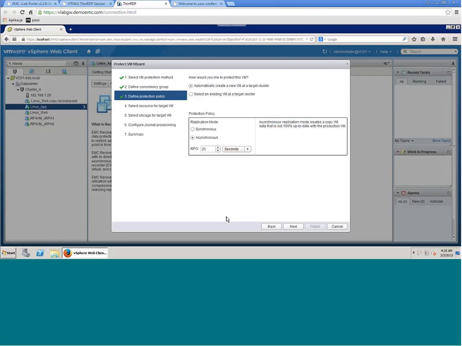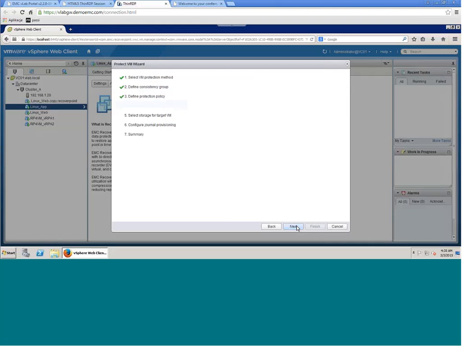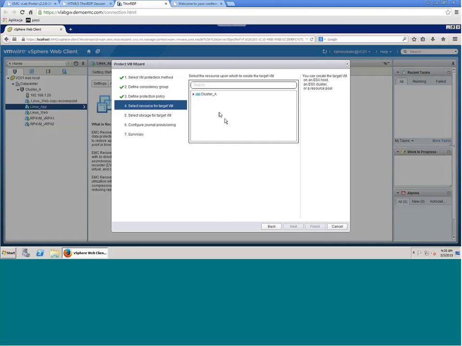I can choose that 25 seconds, for example, maximum difference between replica and production. I will say asynchronous, but only 3 seconds. I allow for a 3 second difference. Okay, so